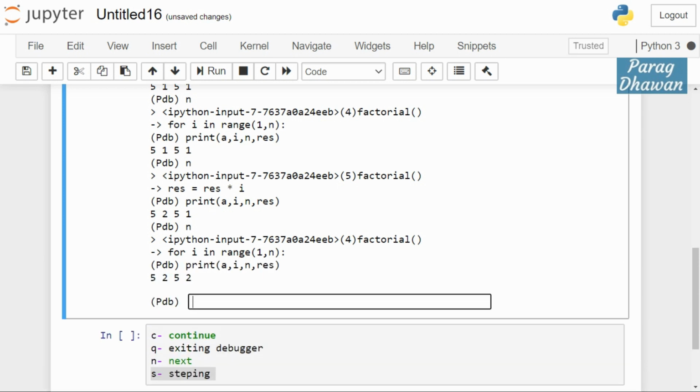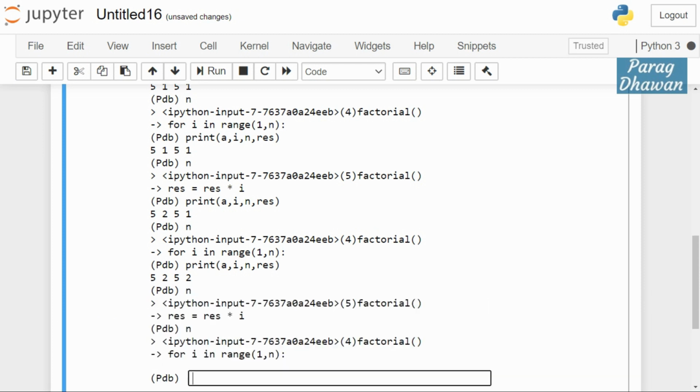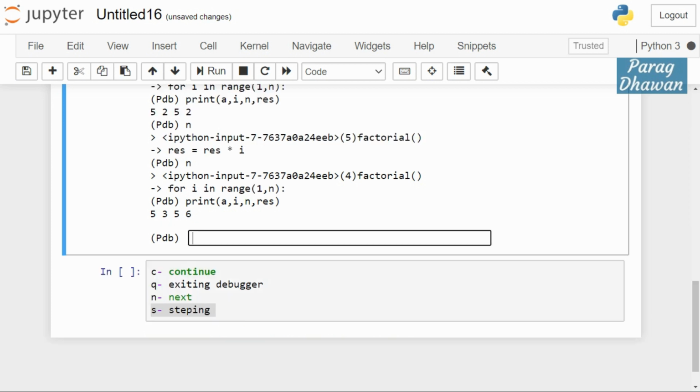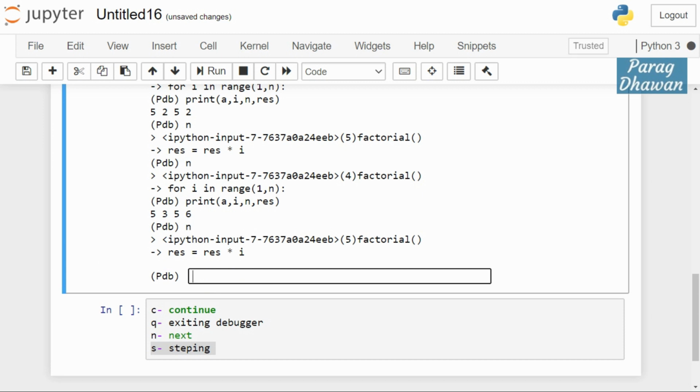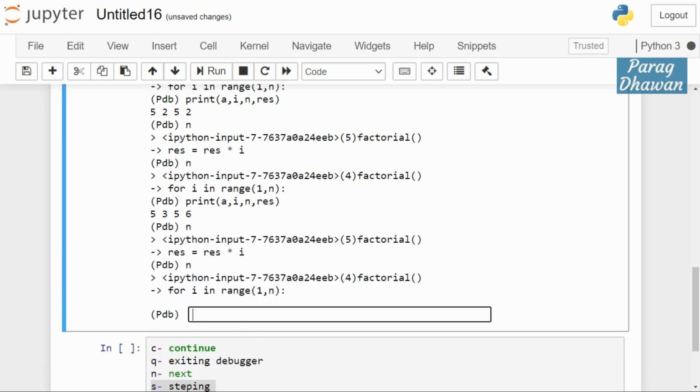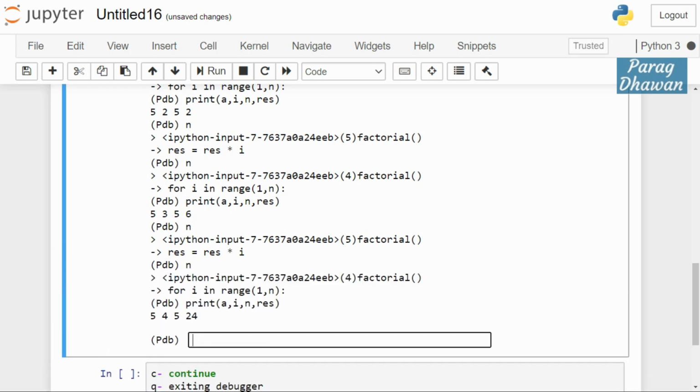Now value is updating, the result value is updating. When I was 1 it was 1, when I was 2 it is 2. When you run next command and you print the value of result, now it is 6. When you run the next command, again next command, print the value of variable, it is 24.